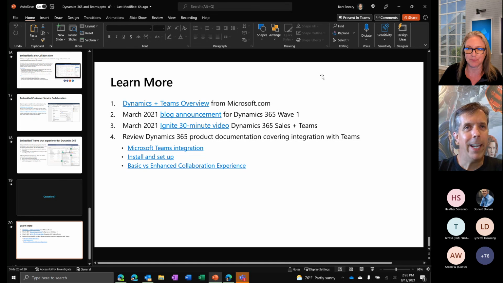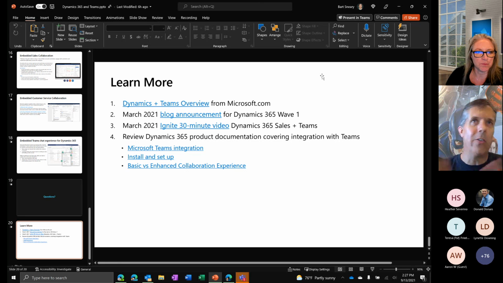And again, the big goal is we know there's more tasks coming with more online everything, so keeping people in the UI that they're already in, to not have to jump into a different app to task switch, is the real goal here. If you're in Dynamics, just use it and do all the things: chat, call, everything else. If you're in Teams, do everything, including pulling up Dynamics records and collaborating on them and files and everything else without having to jump into that other UI to get it done.